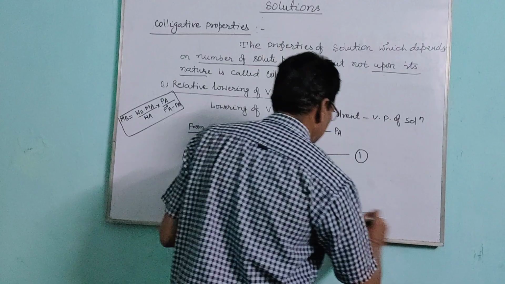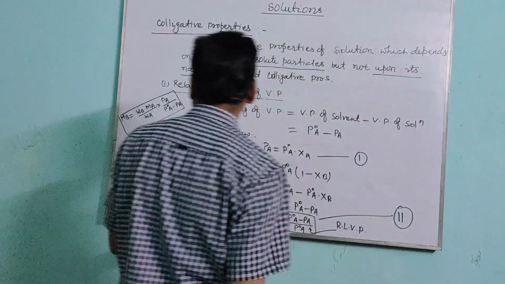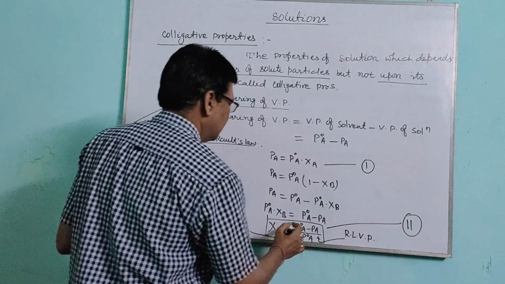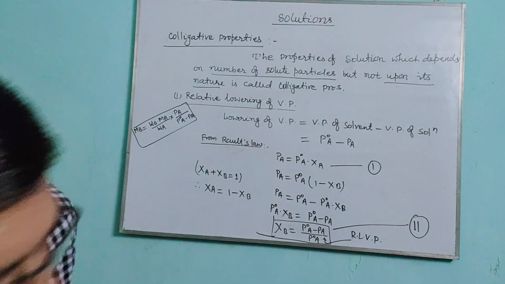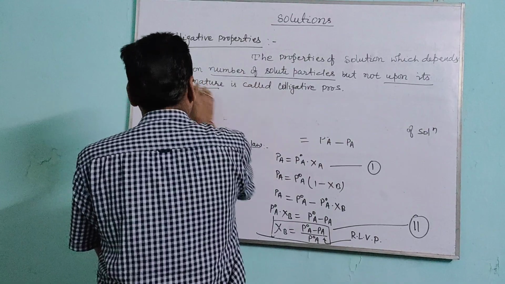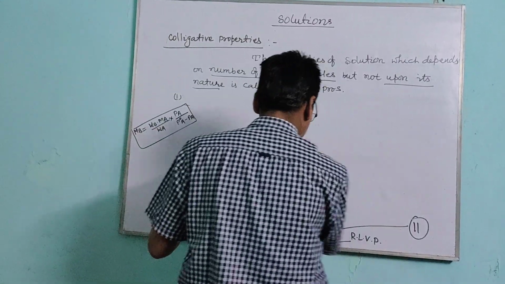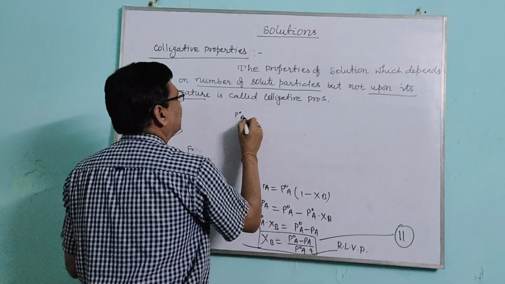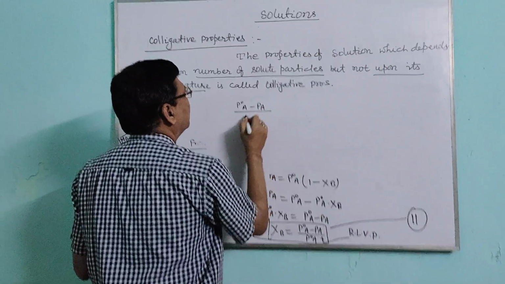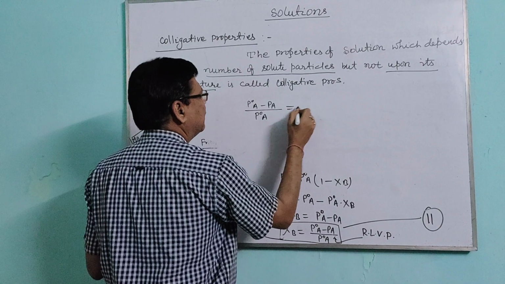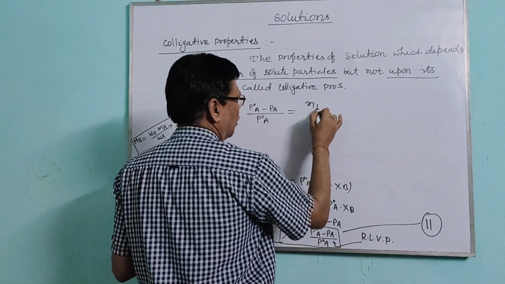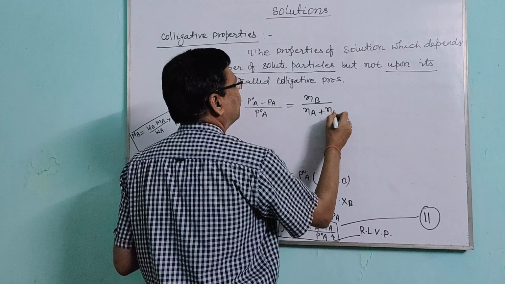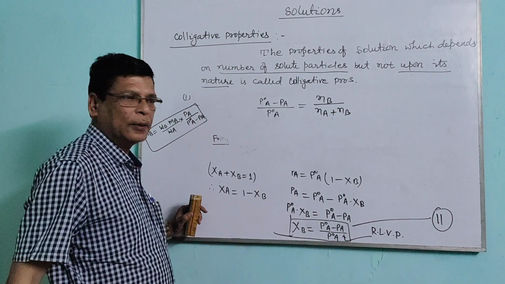So equation 2 becomes, when we put the value of mole fraction, P naught A minus PA by P naught A is equal to number of moles of B by number of moles of A plus number of moles of B,